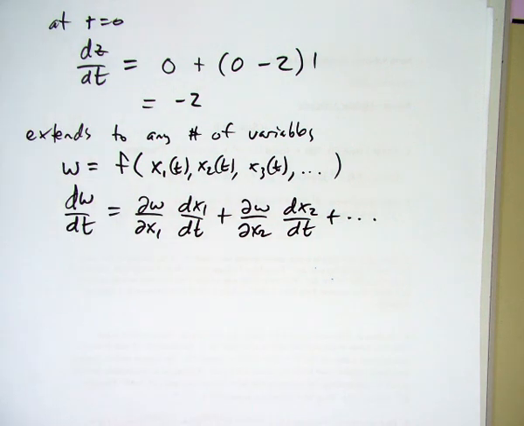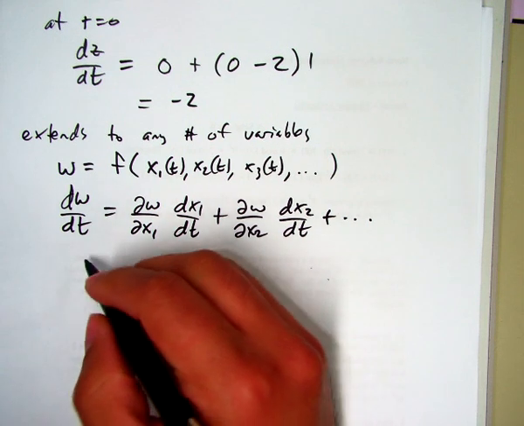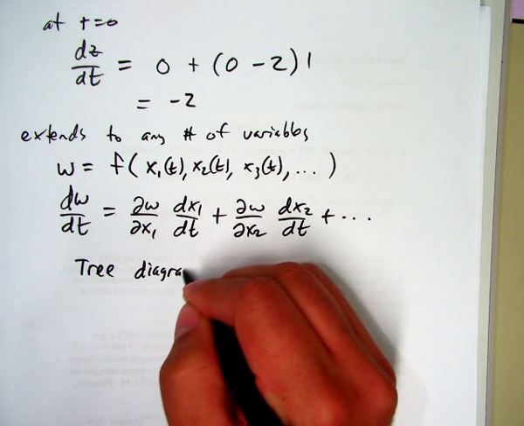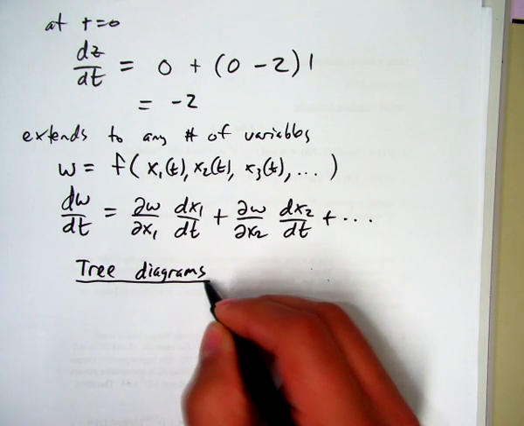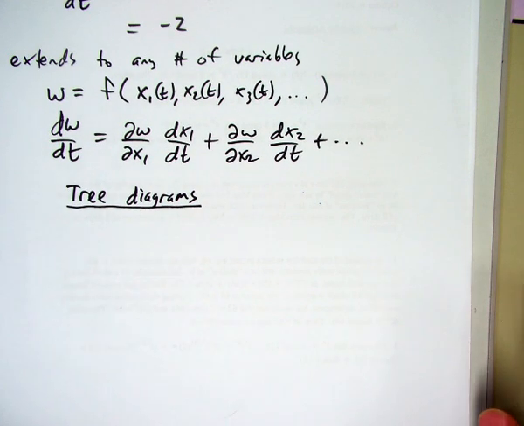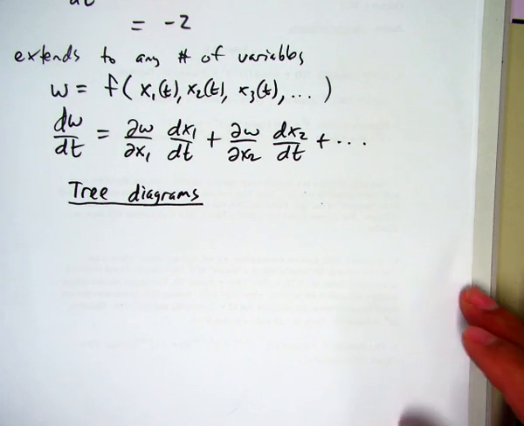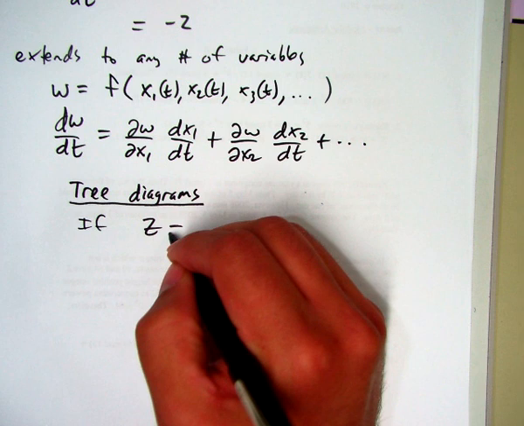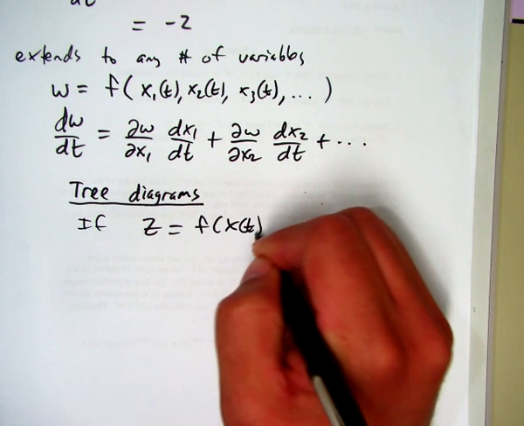These are what I consider the more straightforward chain rule applications. There are other instances where, well, it gets a little involved. So let's look at some tree diagrams so you can kind of see how those work as far as helping you figure out a chain rule for each situation. So we'll start with the one that we already know. If we have z equals f of a composition x of t, y of t,